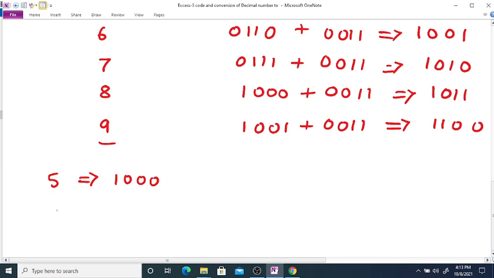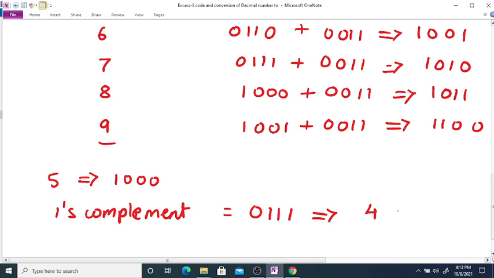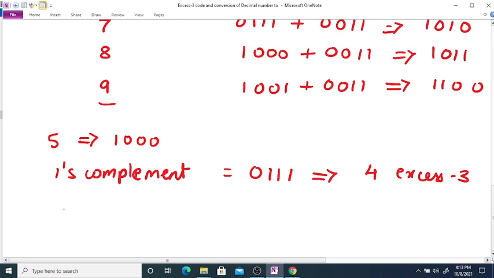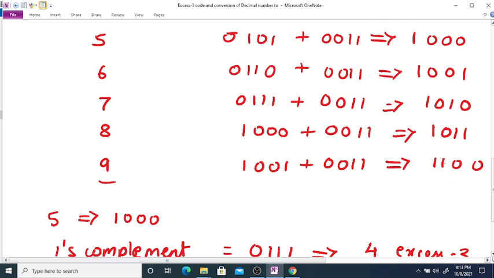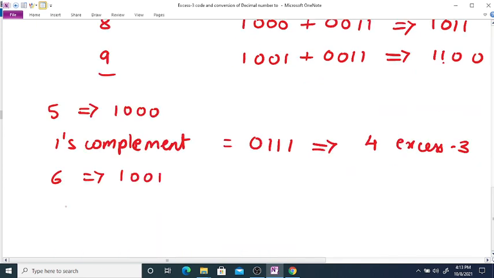If we take 1's complement of it, we will get 0111, which is the code for 4 in XS3. Similarly, 6 is represented by 1001 in XS3 code.